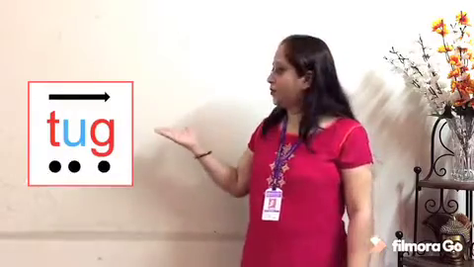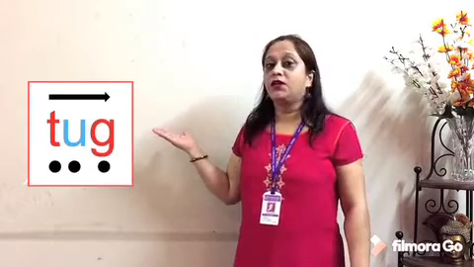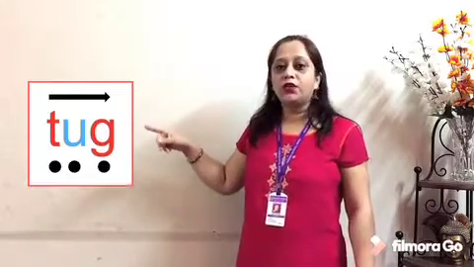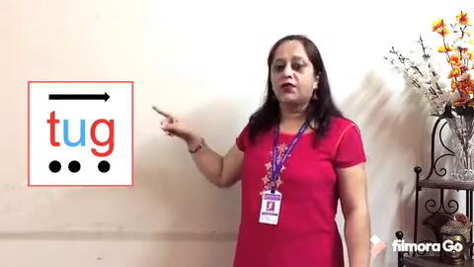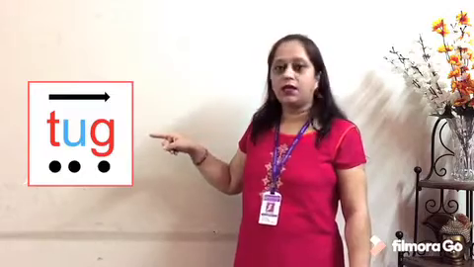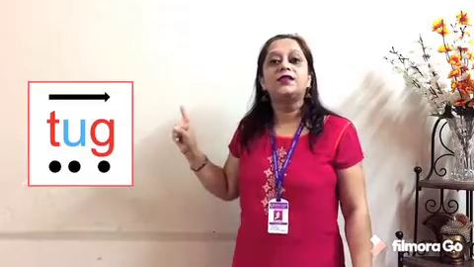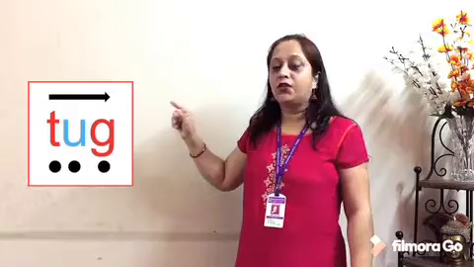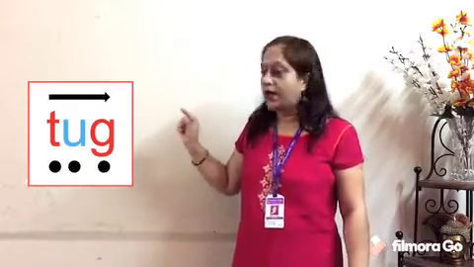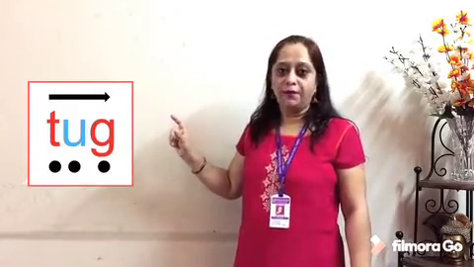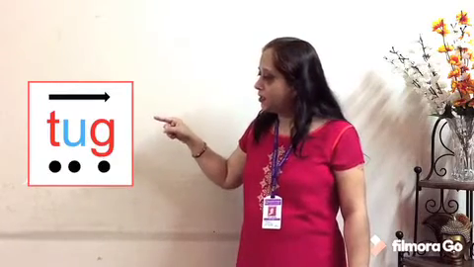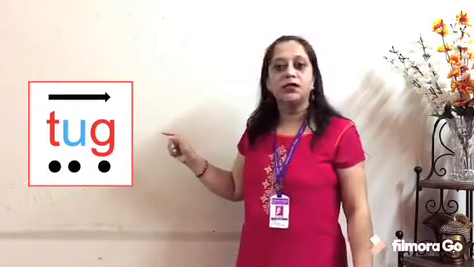See. First word is dug, but you will not say D-U-G dug. We will not say like this, okay? You can see there are 3 dots. 3 letters are there, and the 3 dots are there under the letters. Why 3 dots? Because there are 3 sounds. This is for your convenience. 3 letters are there and 3 dots are there, so that you know that there are 3 sounds in the word. Okay, see how you will say: D, U, G, dug.